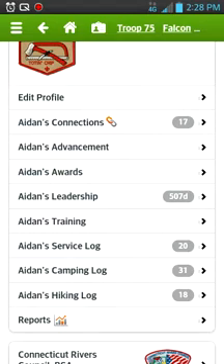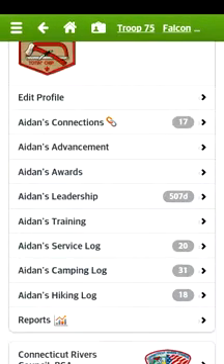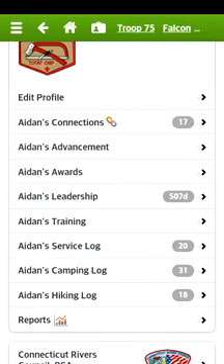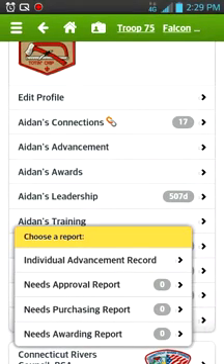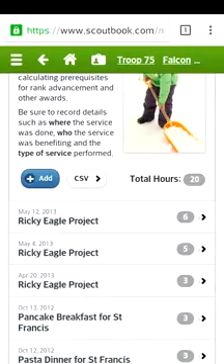As a parent, or as a scout, whenever I say parent or scout, you have access to an individual advancement report that'll show all the advancement on one page. Leaders also can see the needs approval report, the needs purchasing report, or the needs awarding report from this menu. We're going to go back